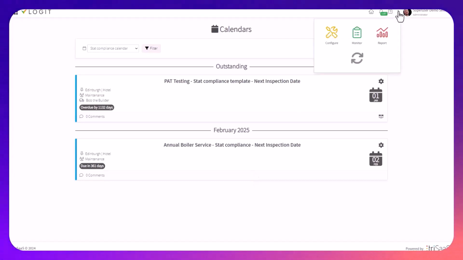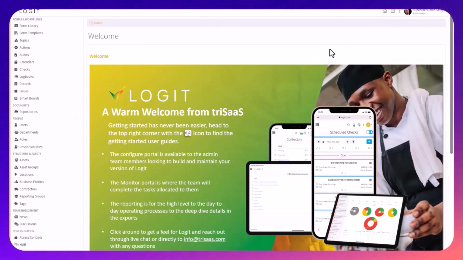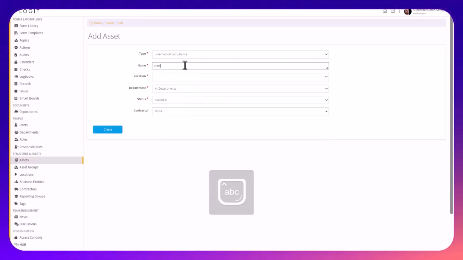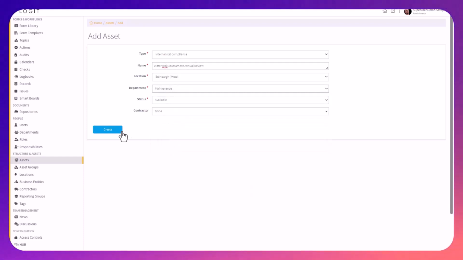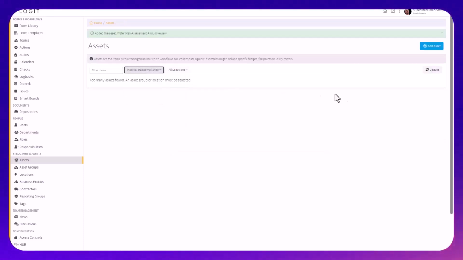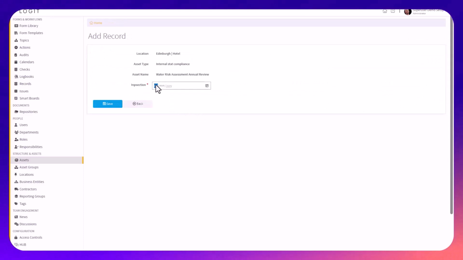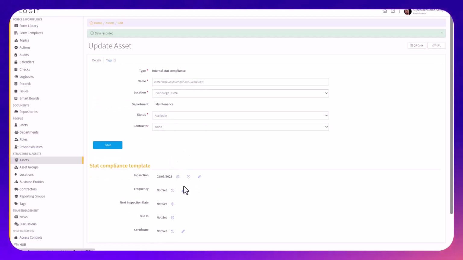All you need to do is head back over to the configure portal, and as we have the backbone of the calendar created, all we need to do then is create another asset. This asset could then be water risk assessment. Select the location it's going to be completed at, and then the department. Hit create. Locate the asset that you created. Click edit. Confirm the last inspection date, as well as the frequency,